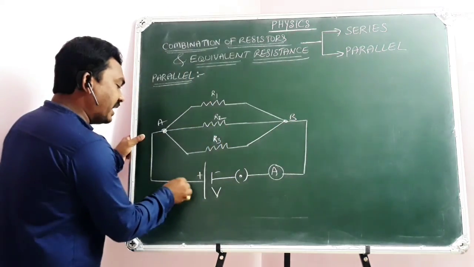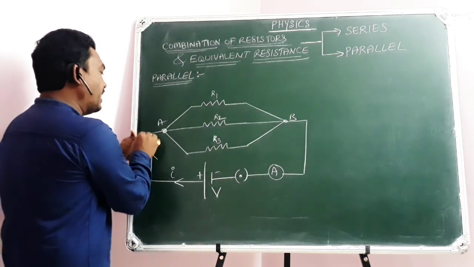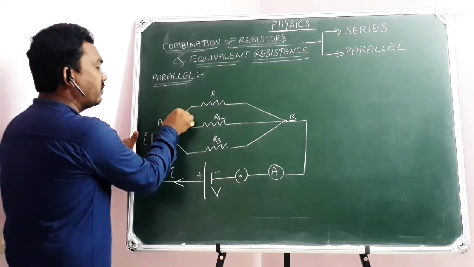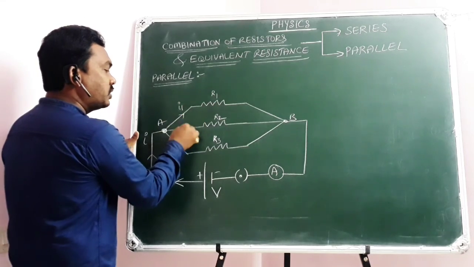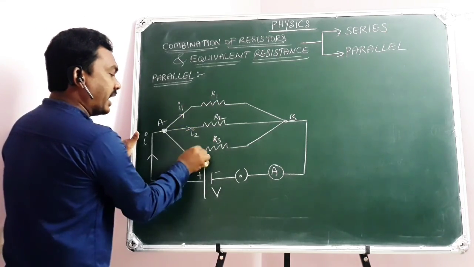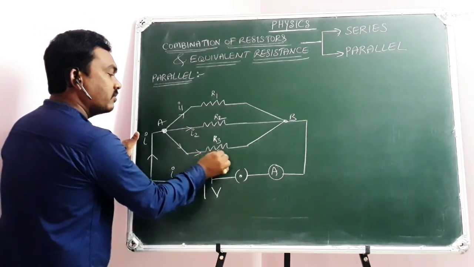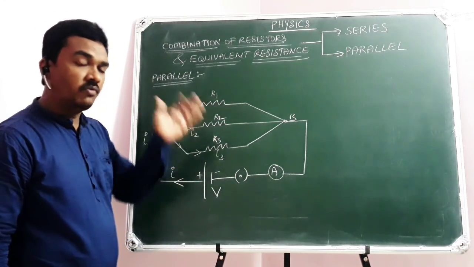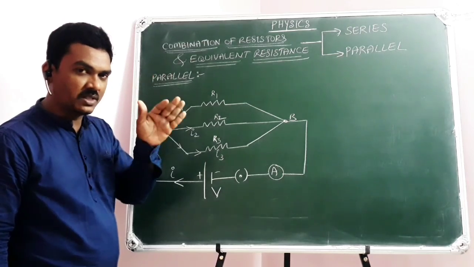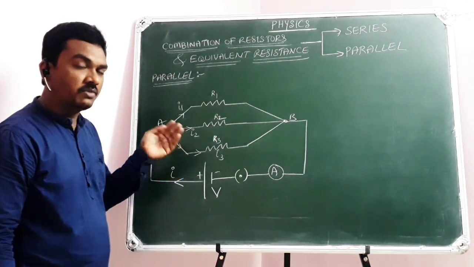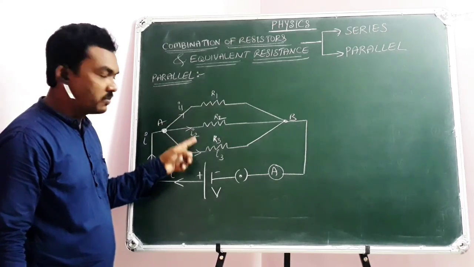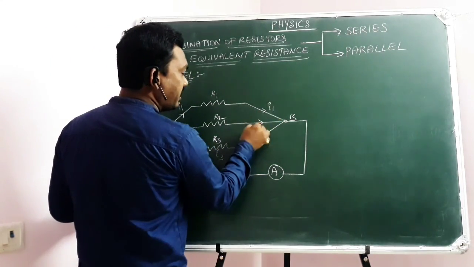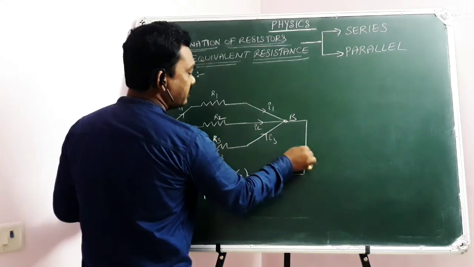Now here let us suppose some current I is drawn. Whenever current I comes here, it finds three paths at this junction. So this is I1 current through R1, I2 current through R2 and I3 current through R3. Hope you got the logic. In series combination, we applied Kirchhoff voltage law, V equal to V1 plus V2 plus V3. But in parallel combination, it is all about Kirchhoff junction law, I equal to I1 plus I2 plus I3. These I1, I2, I3 are going to join here at B and will come out as I.